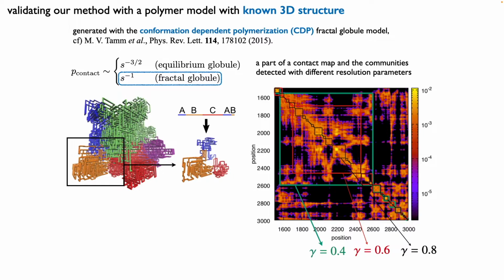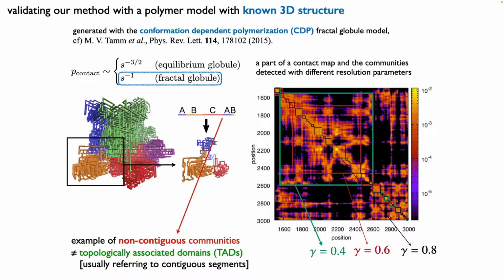Before we jump into the real Hi-C map data, we test our community detection algorithm at various scales on the model structure called the conformation-dependent polymerization, or CDP, fractal globule model, which supposedly mimics the chromatin packing with this scaling behavior, the fractal globule scaling. With this example, I would like to emphasize the very important advantage of our algorithm compared to the conventional definition of TAD, which is the ability to detect non-contiguous communities, like this segment here, A, B, C, and again